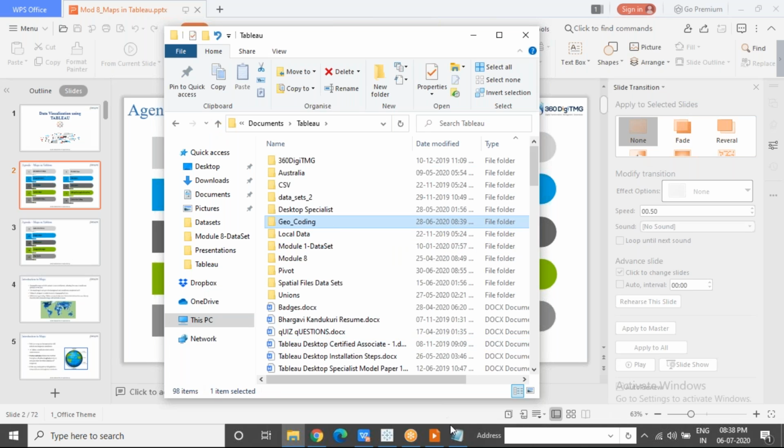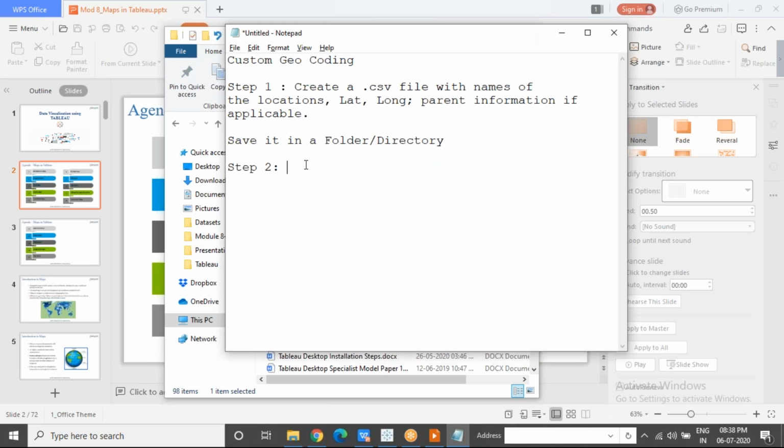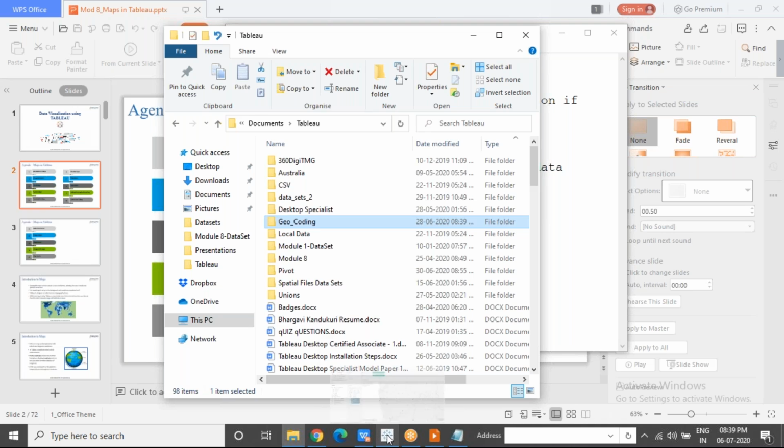After you save it in a folder, you will have to do step 2, which is import the folder with geocoding data. So basically you're going to import geocoding. I'm specifically saying folder here. So what we'll do, how to import is